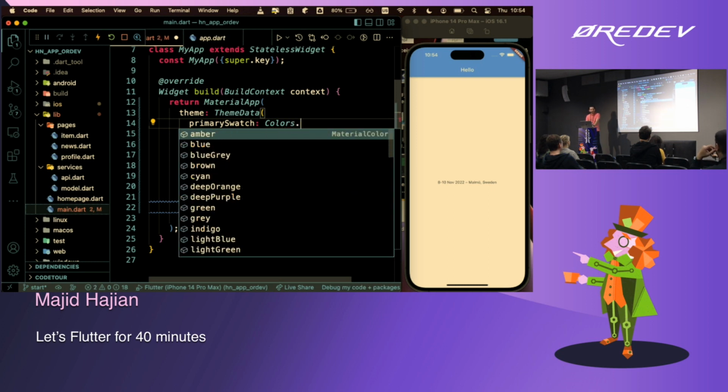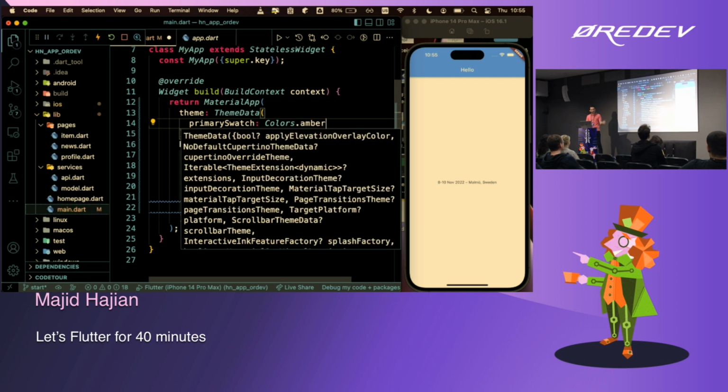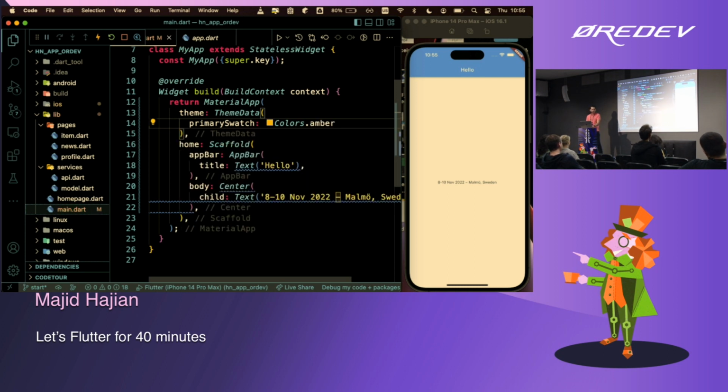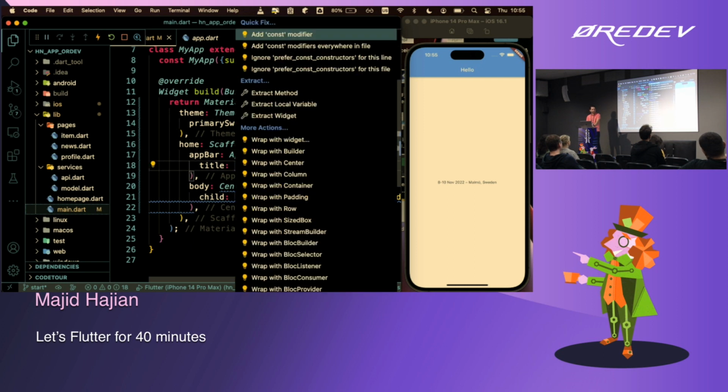So the colors, well, what you do in front end, you just have a hex code, you copy and paste your hex code, or maybe you have an RGB and stuff like that. So in Flutter, you need to do it a bit different. In fact, colors are coming with an enum named Colors as well. These are the default colors. You can also define your own colors. So I have a list of colors here, so I can just change it to like amber, and that's pretty much it. Let me also quickly fix this.